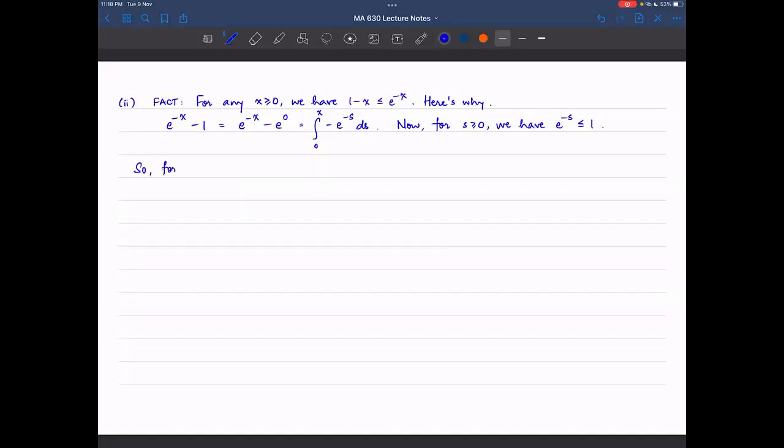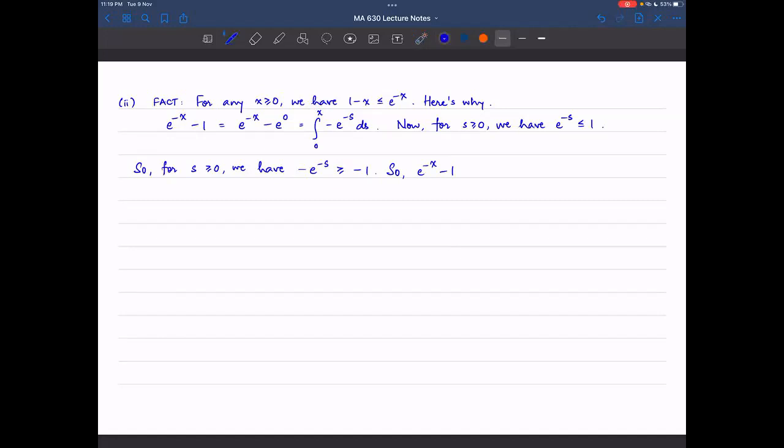So for s greater than or equal to 0, we have minus e to the minus s is greater than or equal to minus 1. And now I'll integrate both sides. Put another way, e to the minus x minus 1 was the integral from 0 to x of minus e to the minus s ds. But minus e to the minus s is greater than or equal to negative 1. So e to the minus x minus 1, which equals this integral,